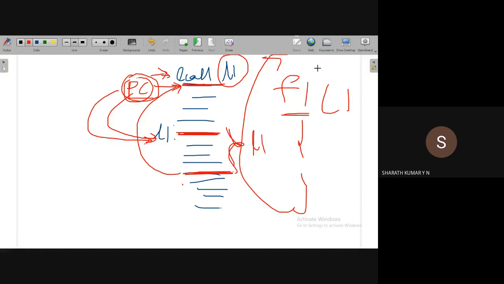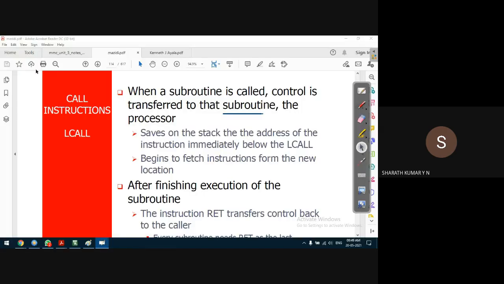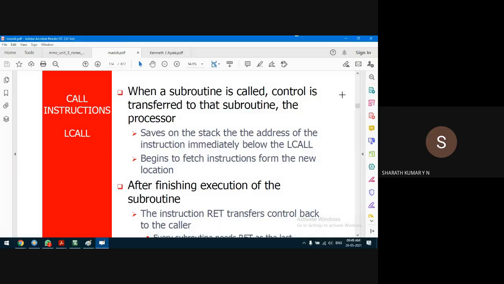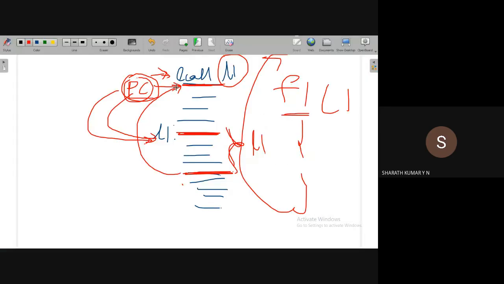So what the microcontroller does is, whenever a subroutine is called, the control is transferred to the subroutine, of course. But before the control jumps to the subroutine, it will save the address of the next instruction next to the L call instruction, which is stored in the PC, on the top of stack memory.